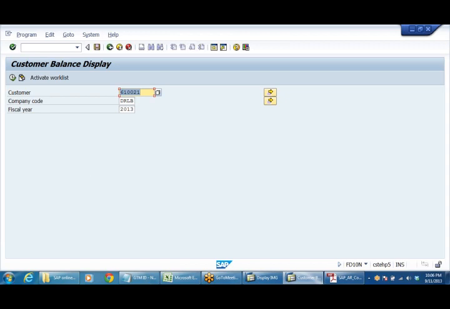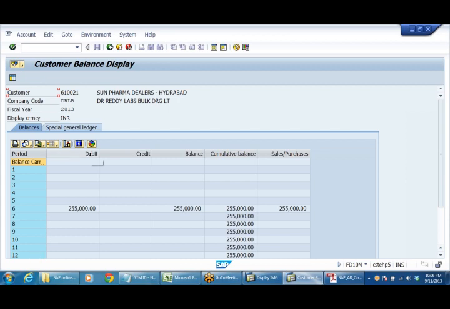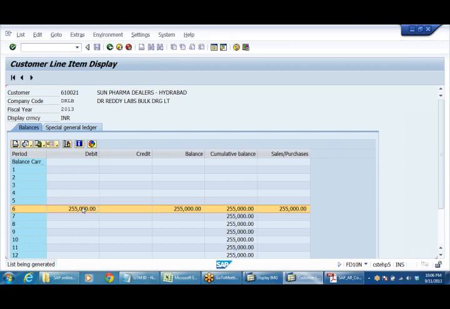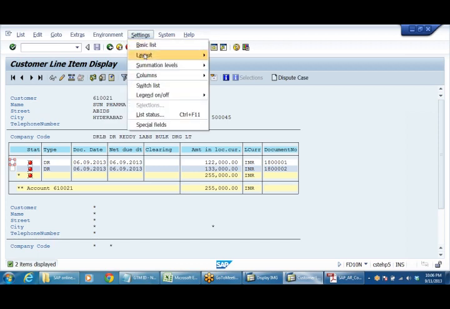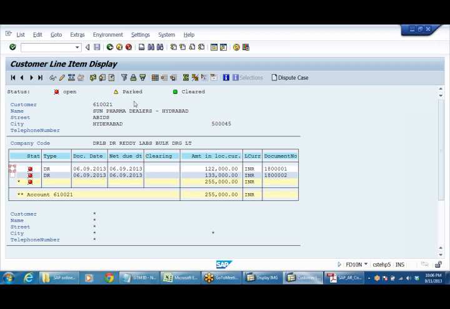Let us see this F-21. This is the customer account, and customer account is reflecting debit balance. See here, 2 invoices we have posted on 6th. And if you keep the cursor here, it is open. Open means what? Outstanding. You can make settings, legend on of icons. So this is open, this is parked, that is cleared. Cleared means for which we have received the payment. So till now we have not received any payment for this.